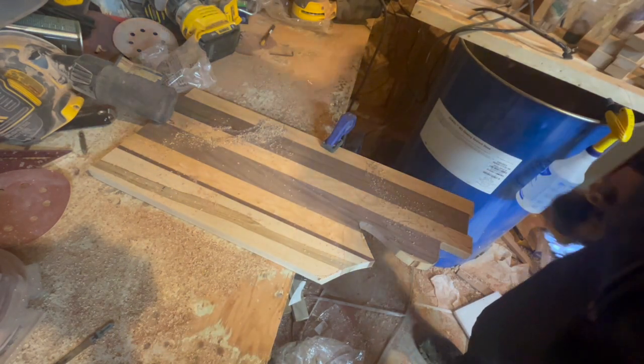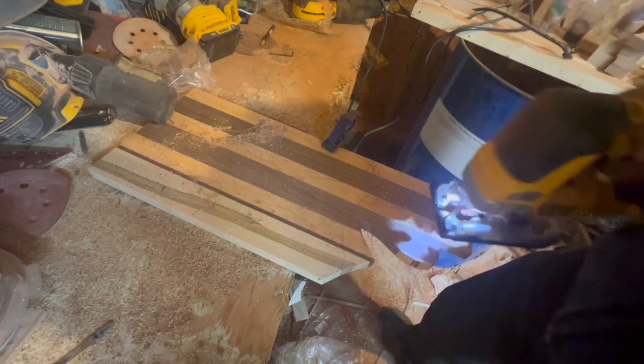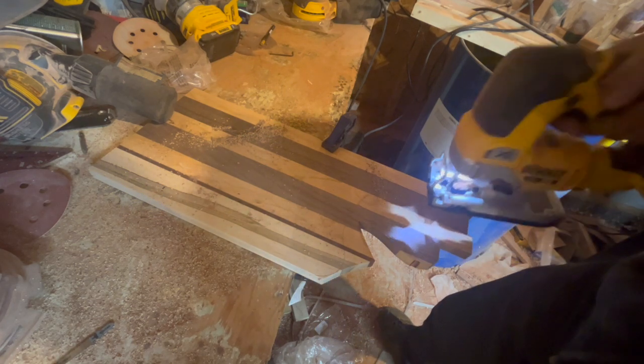Alright, we're going to pop this into a time lapse while I do the rest. That's all I'm going to be working at. Just these blades can't make super tight turns, which is why I got to cut chunks off. So I'll be back to you when we're at the state where we